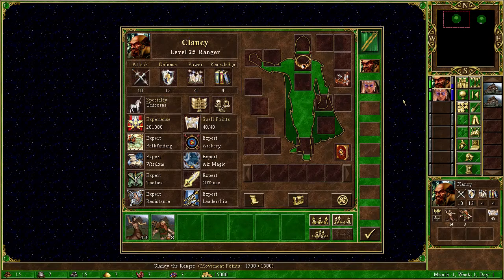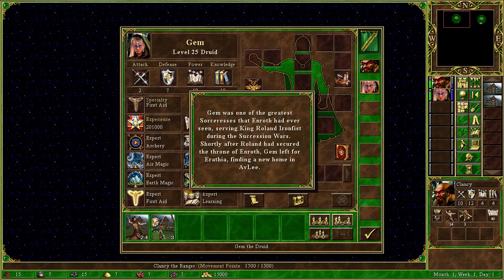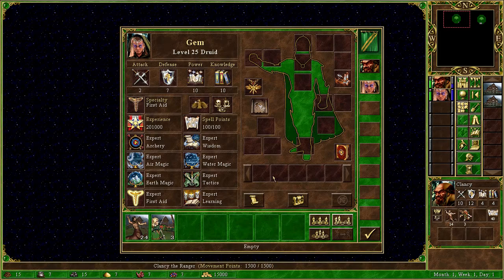Yes, there's Clancy, who is level 25, which is quite amazing. And Jem is also level 25, but she lost her portrait. I think the description is the same. So yeah, now I have this, but also, like I said, your heroes don't actually transfer anywhere. Rather, they are made in a way that would be kind of similar to what you might have at the end of a campaign. So, both are level 25, and have all the skills,